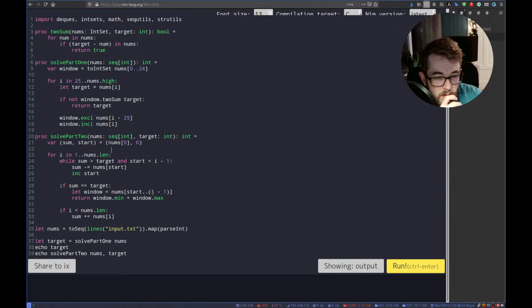But you would create a slice. Oh, does this work? Min-max for, because this creates a new sequence, right? Huh. I didn't know min and max were defined over sequences.